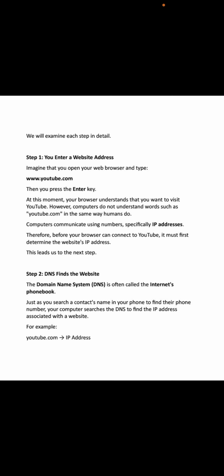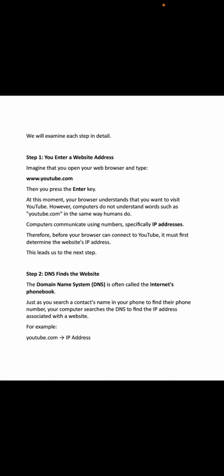Many people imagine these packets flying through satellites. However, that is not how most internet communication works. The majority of international internet traffic actually travels through thousands of kilometers of fiber optic cables laid across the ocean floor.